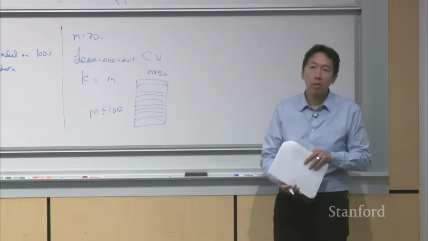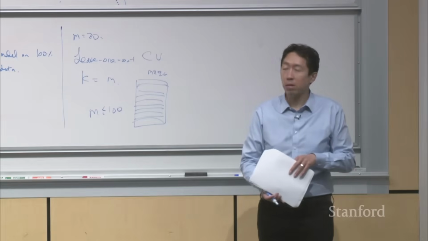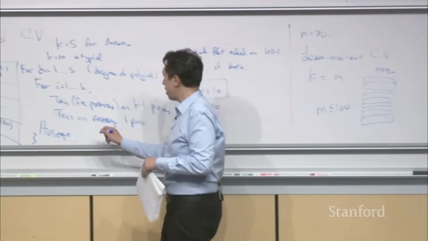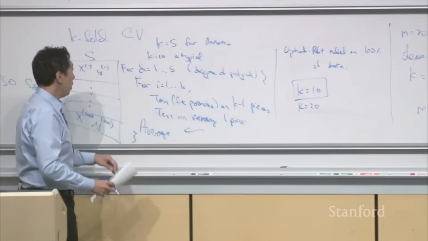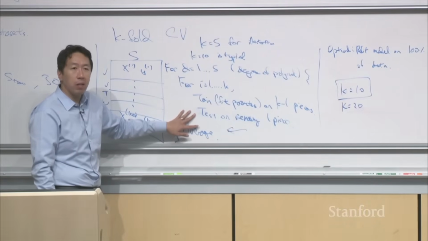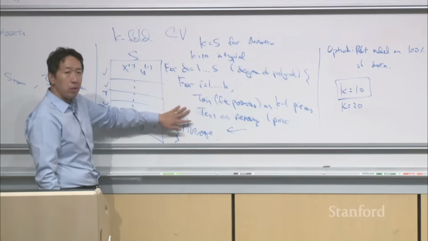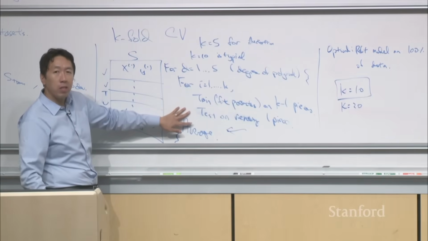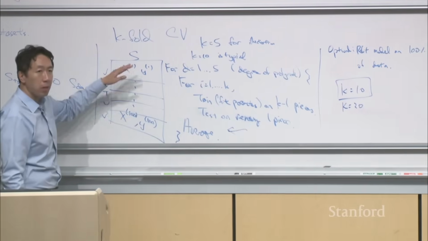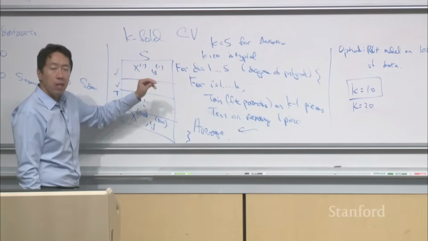Does the average step at the end of the algorithm literally mean averaging the weights you found? Oh, sorry, thank you for asking that. This average step, no. I meant averaging the test errors. So here, you will have trained 10 classifiers, and when you evaluate it on the left out 1/10 of the data, you get a number, right? So you're looping 10 times, hold out one part, train on the others, test on this part you left out,